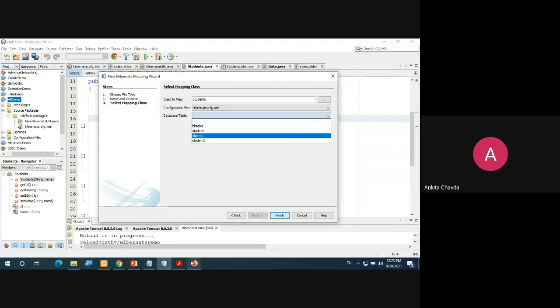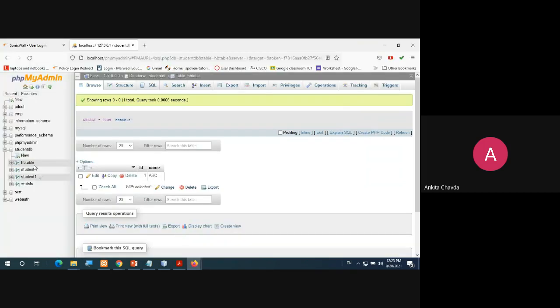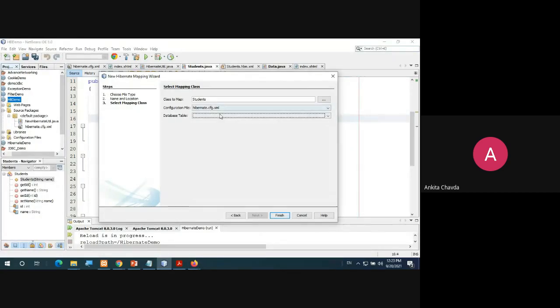So student DB contains 4 tables, right? HB table, student, student1, and stu-info. So all these 4 tables will be shown to you. You want to map this with HB table, so you need to select it and simply finish it. Fine. So is it clear?